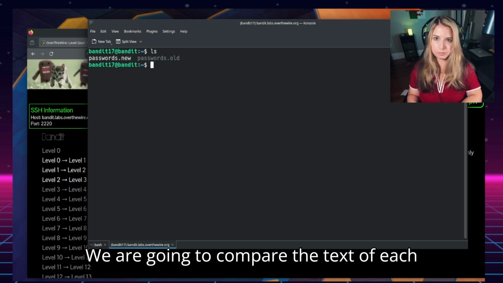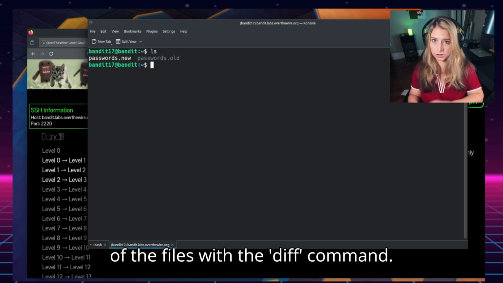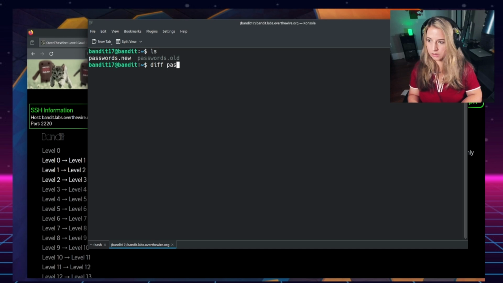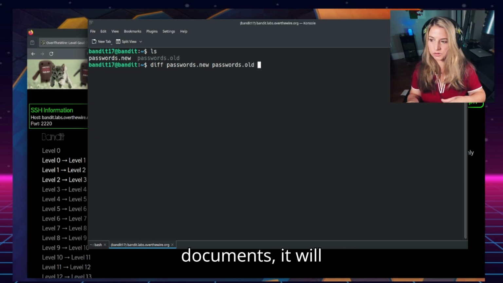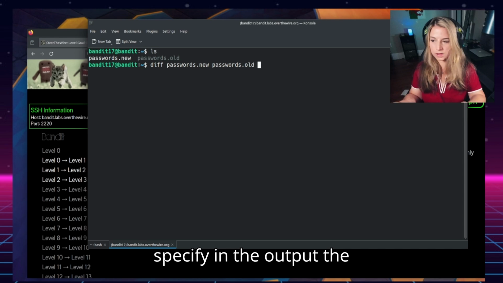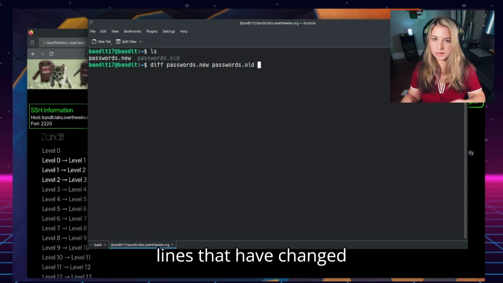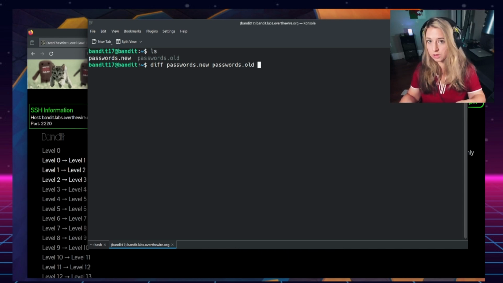We are going to compare the text of each of the files with the diff command. Specify passwords.new and passwords.old. As diff compares the lines of the text documents, it will specify in the output the lines that have changed between the two files.